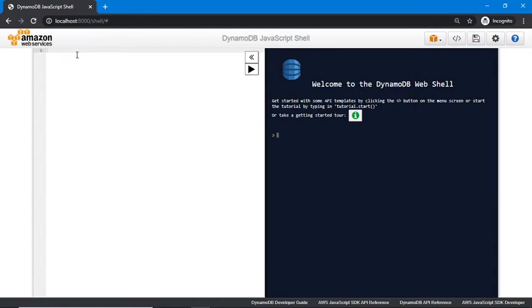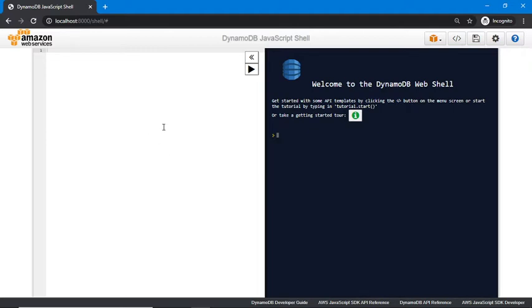You can just go to your browser and type localhost:8000/shell. This is nothing but the DynamoDB JavaScript web shell. This is mainly for learning and testing purposes. You can execute any DynamoDB queries, and you can find your result here on your local machine from your local DynamoDB.